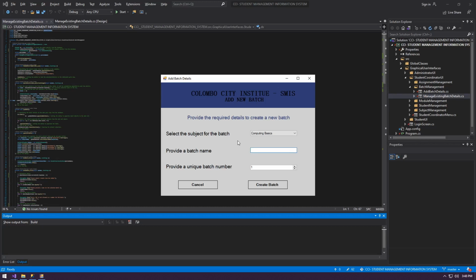Provide a batch name. Let's say testing batch. Provide a unique batch number, a spin button. We have selected 1 by default. Now there is a batch in the database which I have created previously. The number is 1. So if we were to add another batch